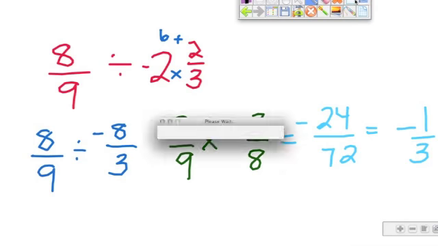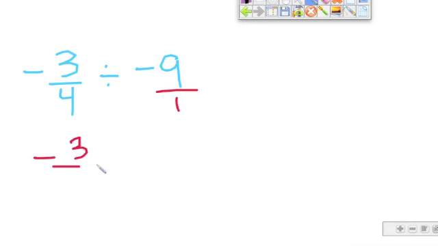All right, here we go. Let's try this one. We have negative 3/4 divided by negative 9. This isn't a fraction, but that's okay. We can put it over 1 and have it be a fraction now. Again, the first one stays. Change the sign from division to multiplication. Keep the negative. And instead of 9/1, we're going to flip it to